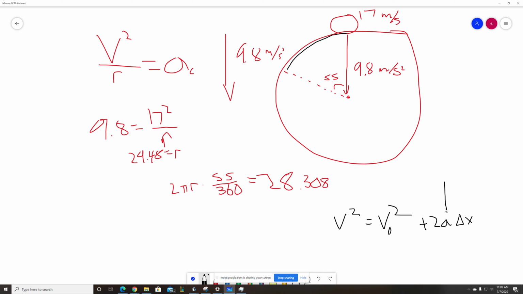We know it literally says the average acceleration is 9.8. So you can just plug in 9.8, and you already know v0. We know v0 is 17, and we know x is the number we got here. So we plug all these numbers in, and v squared is like equal to 17 squared plus